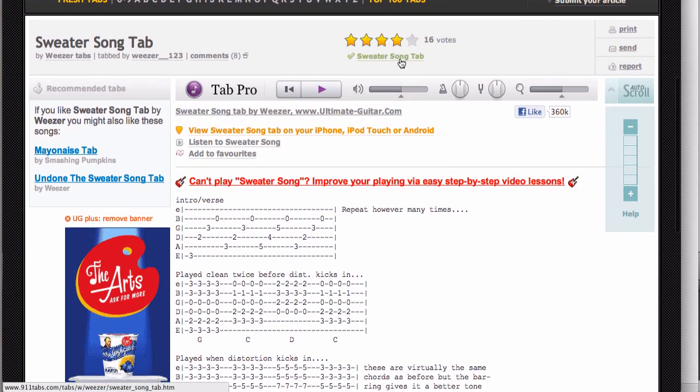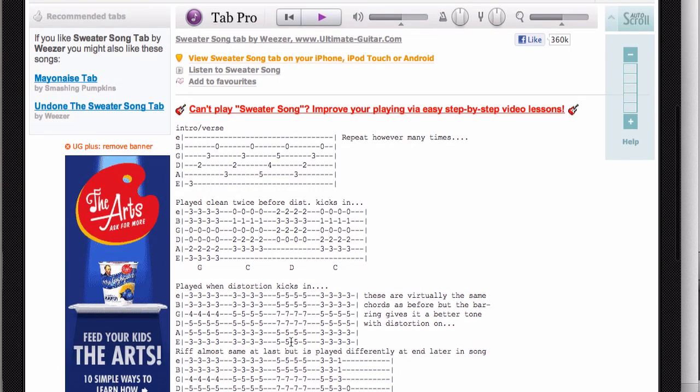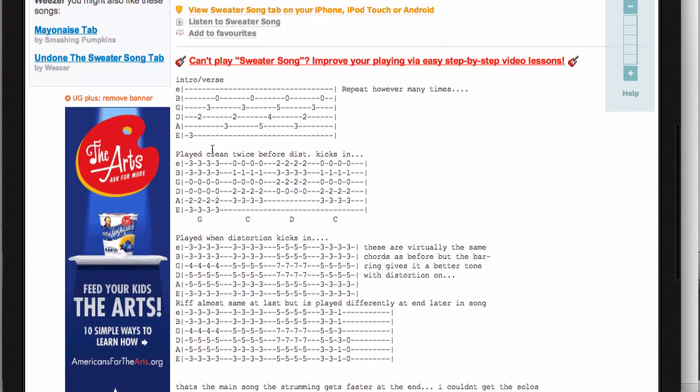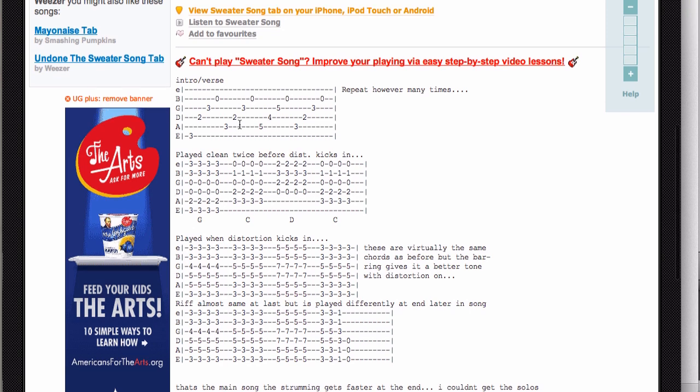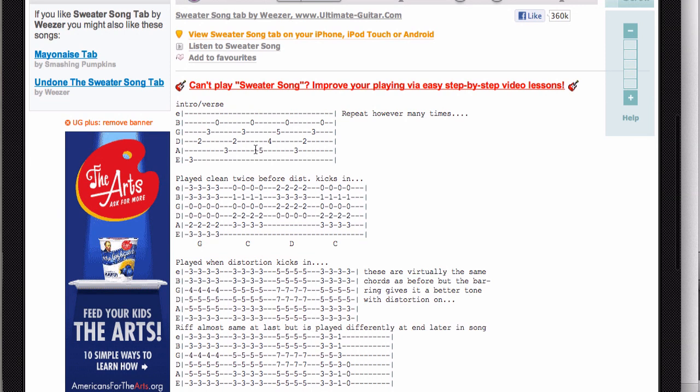So one thing about Ultimate Guitar, I always just go for the tabs with the most stars and reviews to start with, but it's pretty shocking. A lot of times that really doesn't mean that much. So it's good to look at a lot of tabs because most of them aren't perfect. But anyways, this little intro is pretty cool. I recommend looking up this song on YouTube, The Sweater Song by Weezer. And what we want to do is figure out what these chords are